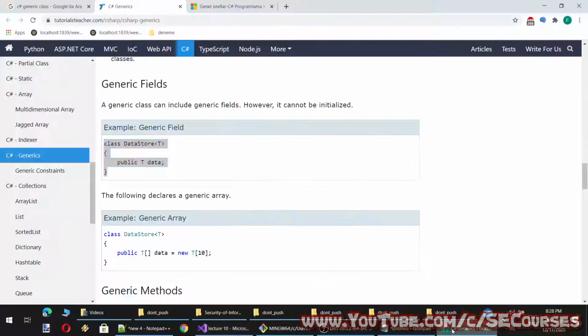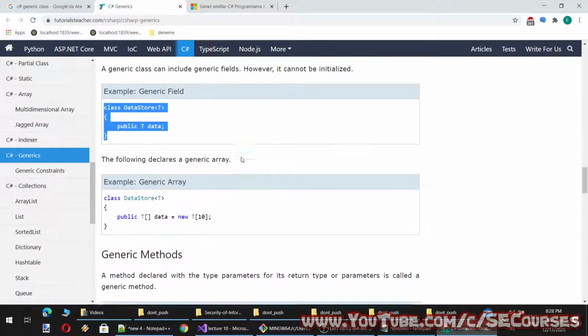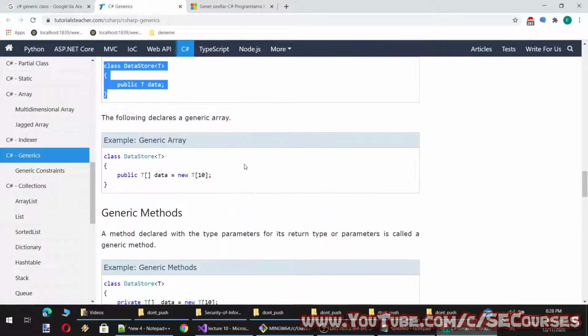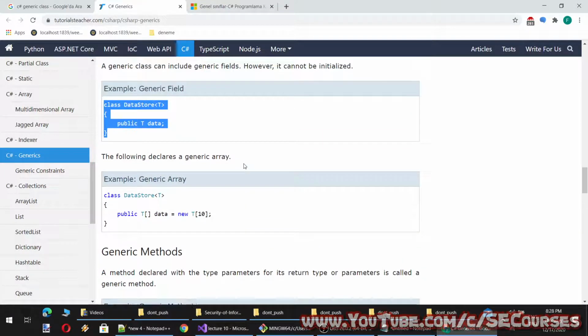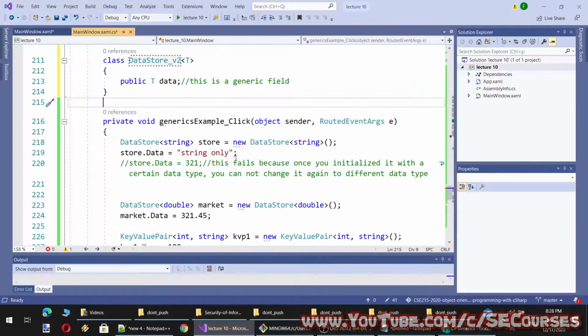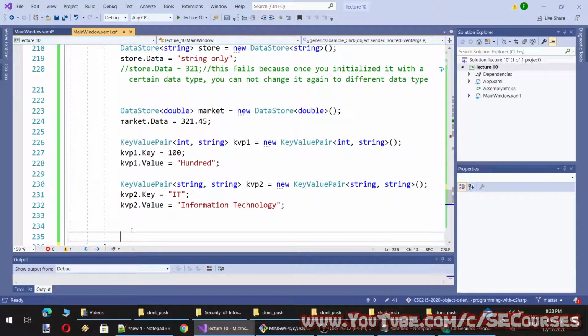It says that it cannot be initialized. What does that mean? You cannot initialize it in the class, I think. What does that mean? Let's try it.